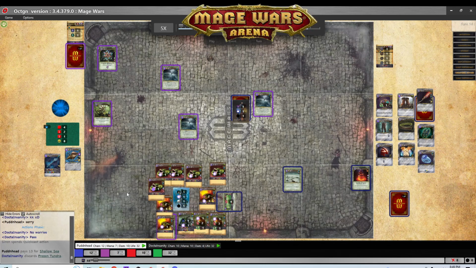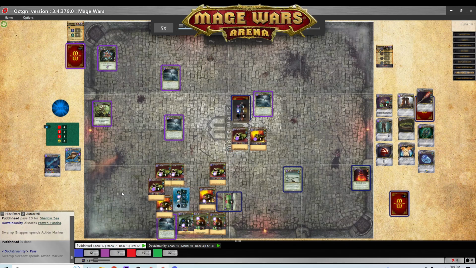And then I'm going to shallow sea there, 13, and move a turtle in. So now he doesn't have free reign. He has to move 1. Can't move 2. And what I'm doing right now is I'm going to move all of my